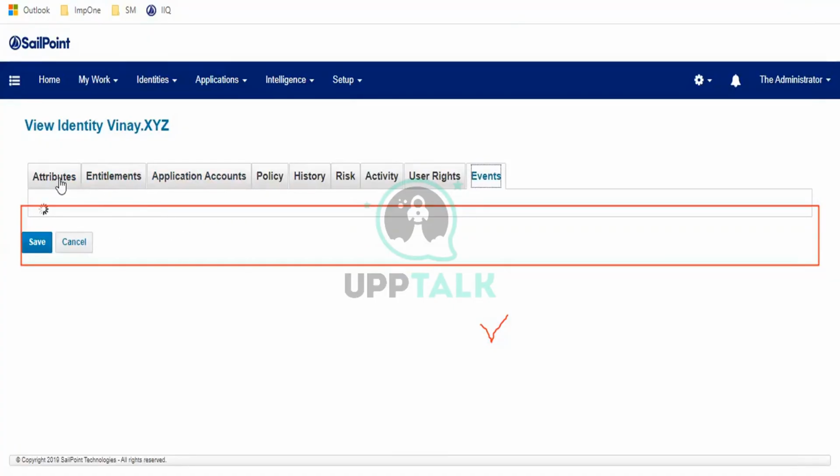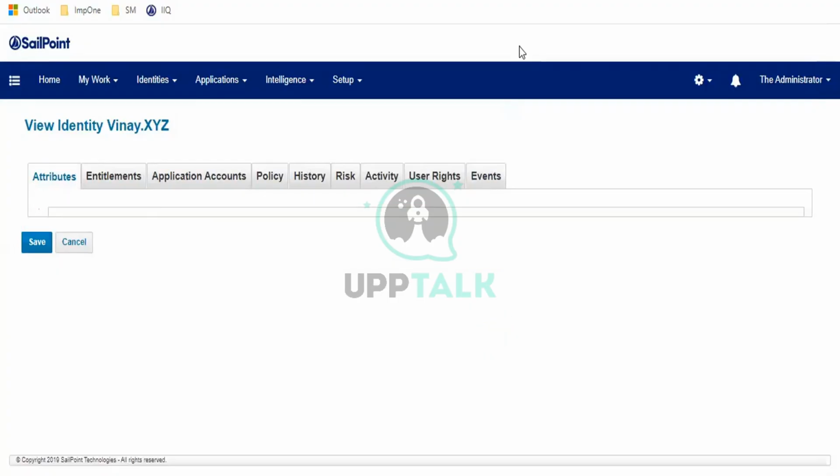One quick question, Rakesh. Now we created the application, we imported the identities also. I think in SailPoint itself, we can provision them also, provision access, right? Go ahead, we can provision, but first we need the identity.